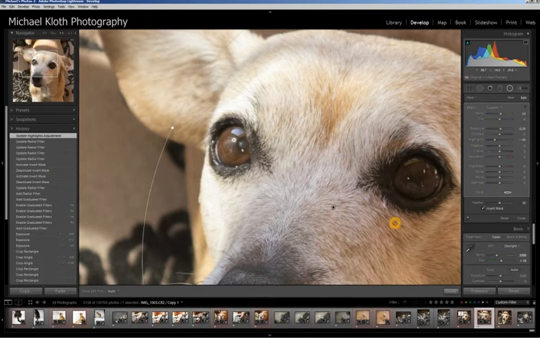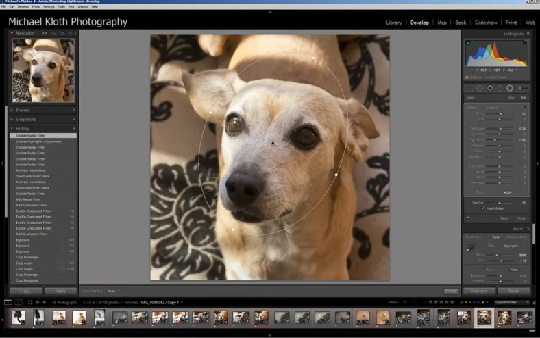Next I probably want to bring up these shadows just a little bit more. So I'm going to bring up the shadows here, and I'm getting a result that I think is pretty good. I might bring it up just a touch more overall, which means I need to bring the highlights down just a little bit more. Maybe not quite that much. Maybe I'll change the contrast just a little bit, and maybe I'll warm that up just a little bit more,